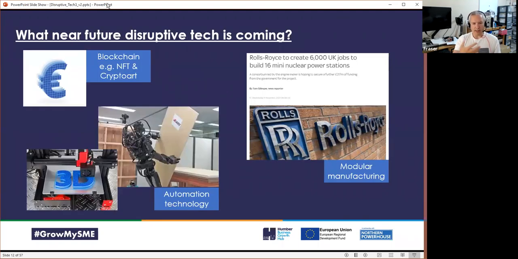So what are some practical examples? I've got a few for you, and the reason I want to give you practical examples is, as I said earlier, if you have sight of some of these things, you can think about how your businesses and industries might go about adopting them or adapting them, or just making sure that whatever you're currently doing is ready for the introduction of these things. I'm going to start in the top left